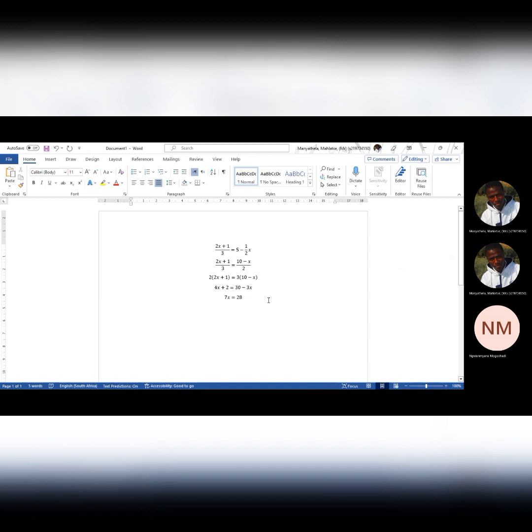Let's divide the whole equation by 7 to get the value of x. So 28 divided by 7,